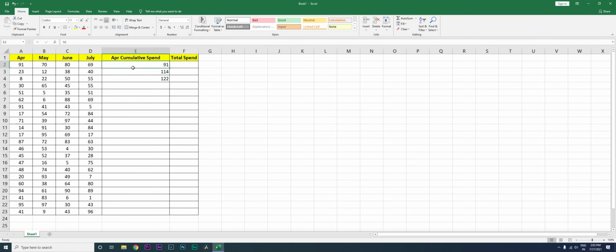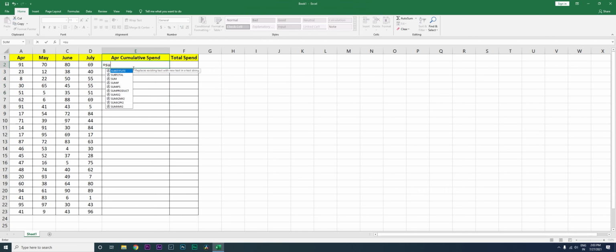Now if you have to do this for all the columns, it's a very tedious process. If you have to do it manually, I can't keep doing it, select this and do plus this plus that. So if you have a large data set, it becomes really difficult. So this is where a dollar sign becomes useful, right? Now I'll teach you how to create a formula for identifying the cumulative spend.